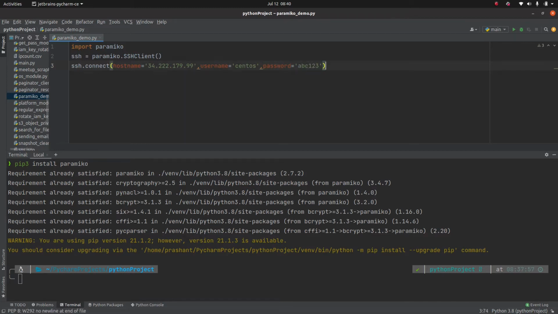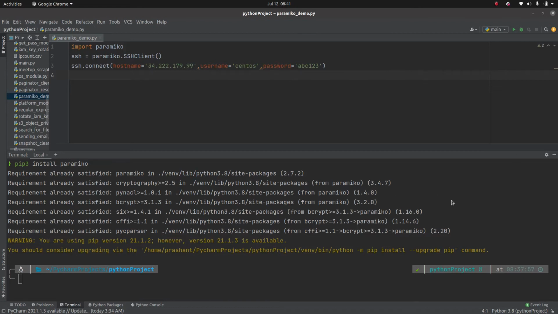And don't worry, we will write an improved code where we don't need to hard code these values. By the time you're watching this recording, I should have already deleted this server. So don't worry that I'm passing the password here in plain text and showing it to you guys. Okay, so now we have connected to the remote machine.